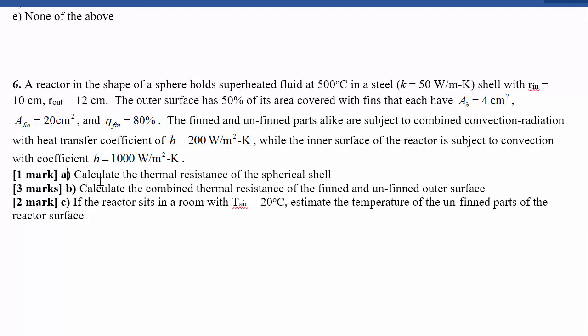Then we have to find the thermal resistance of the shell. So that's not the convection resistance, but just the conduction resistance through it. Then the combined thermal resistance of the finned and unfinned outer surface. And if the reactor sits in a room with this air temperature, estimate the temperature of the unfinned parts of the reactor surface. So for the first part, we're just going to need the formula for a spherical shell resistor